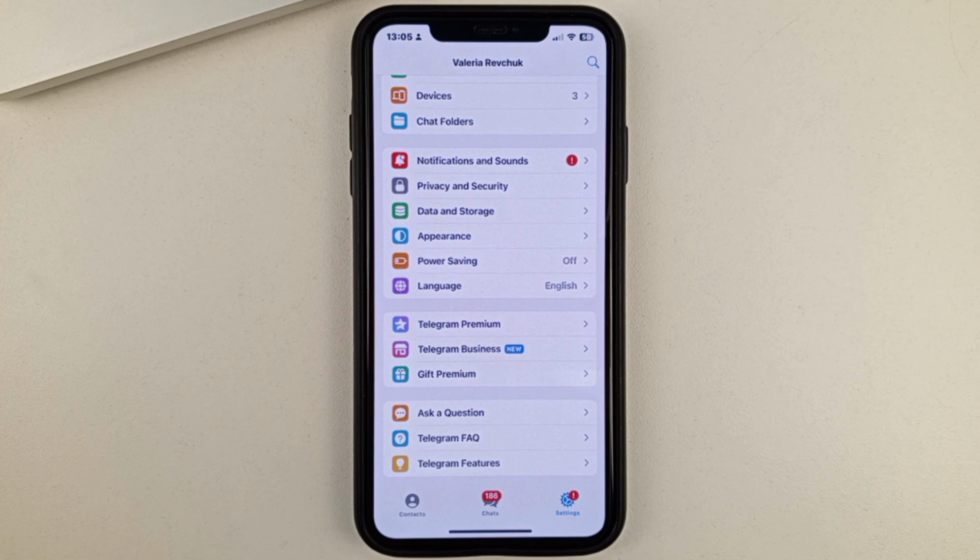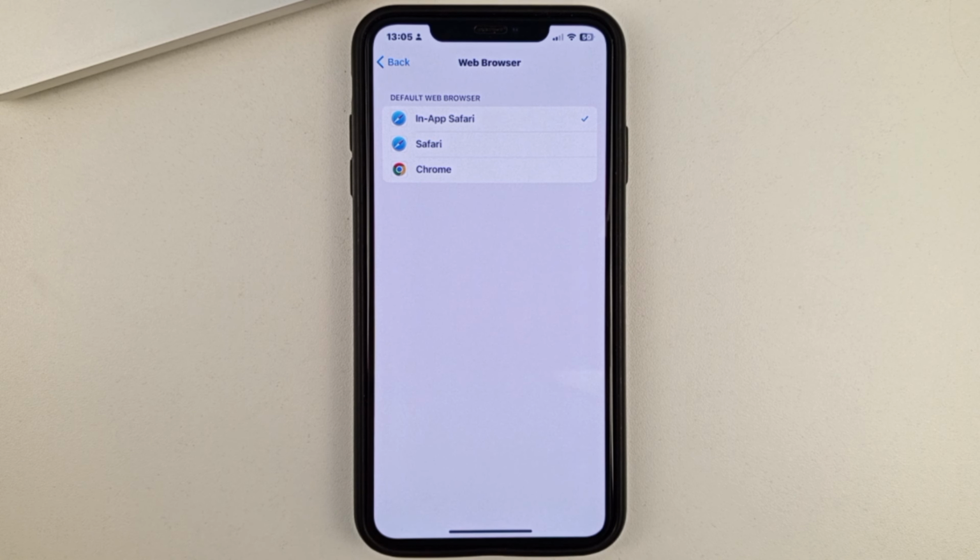And as you can see, there are several web browsers to choose from here, in which you can customize that the links from Telegram always open in the web browser you are comfortable with. For example, if you're not comfortable using Safari, you can switch to Chrome by clicking on it. So you'll set all your Telegram links to open in Chrome.